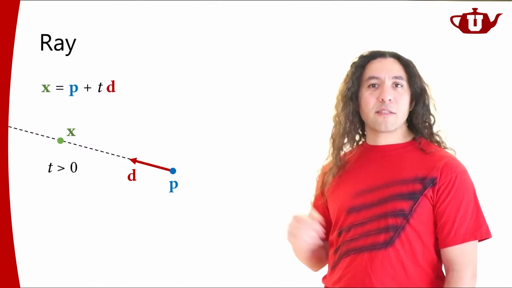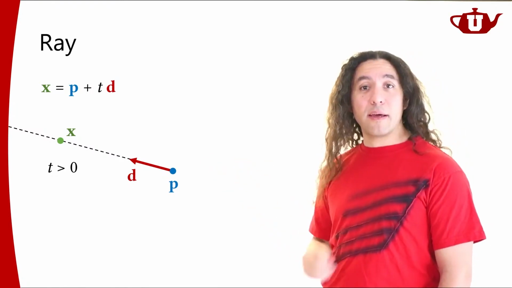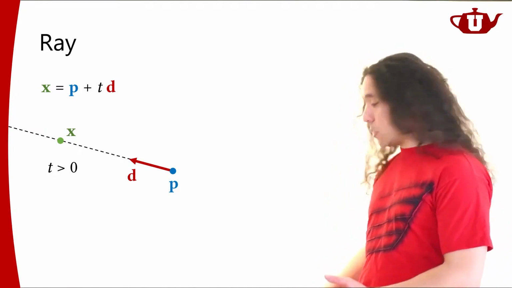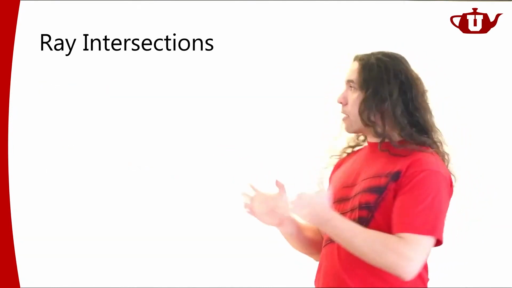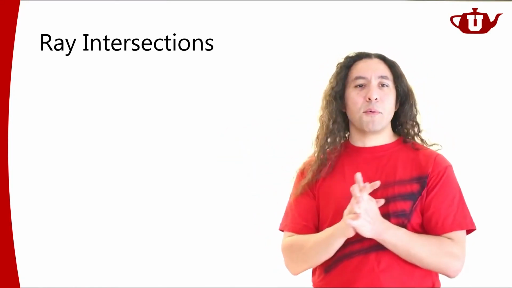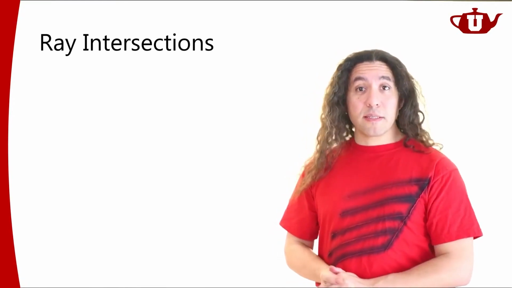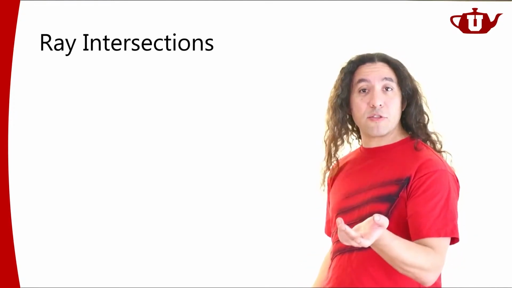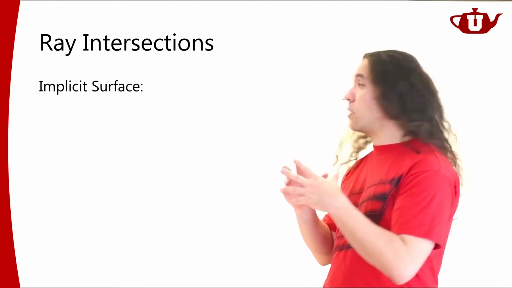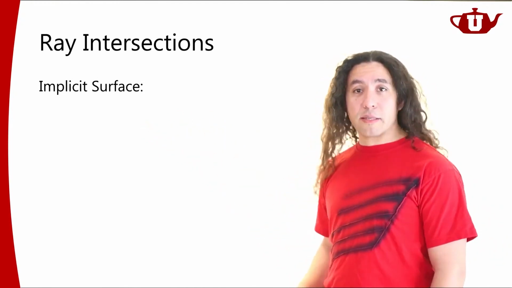is to see how we can compute intersections of this ray with our scene objects, right? So, ray intersections. Let's start with the simplest thing. We're going to be intersecting this ray with surfaces. Remember when we talked about surfaces, one of the first things we mentioned was implicit surfaces. So let's start with the definition of implicit surfaces and how we can handle them using ray tracing.